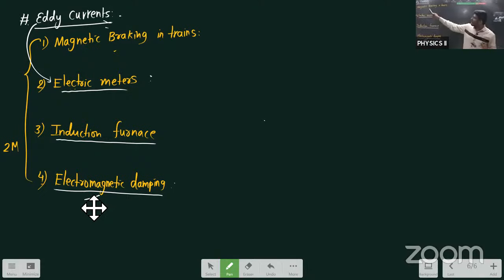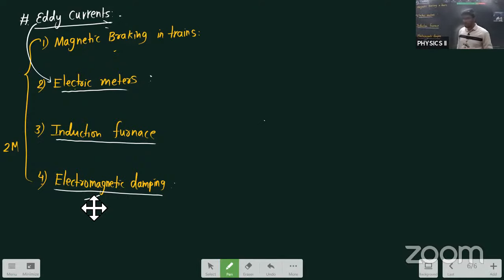What is the first use? Magnetic braking in the train. What is the next use? In electric meter. And what is the third use? Induction furnace. And what is the fourth use of this eddy current? Electromagnetic damping. Okay. I hope you have understood this answer, and you will write down this answer in your annual